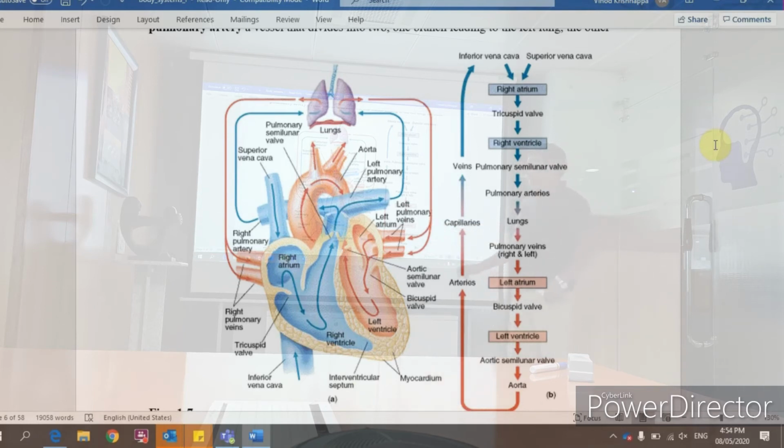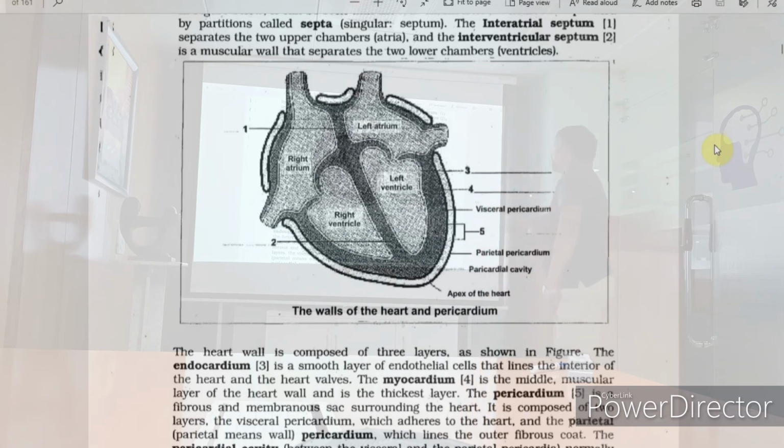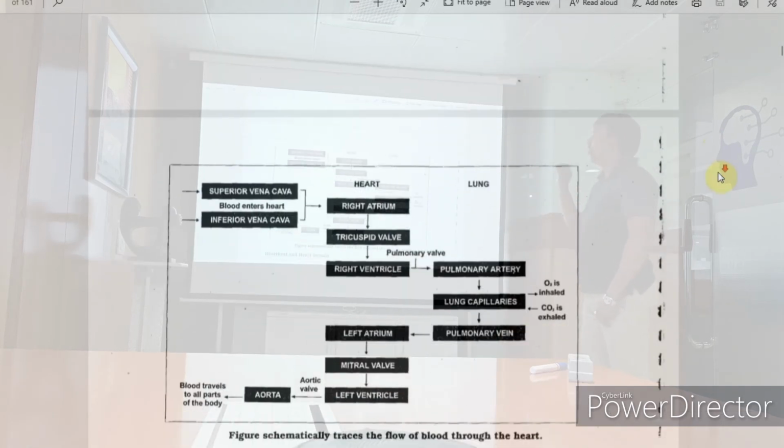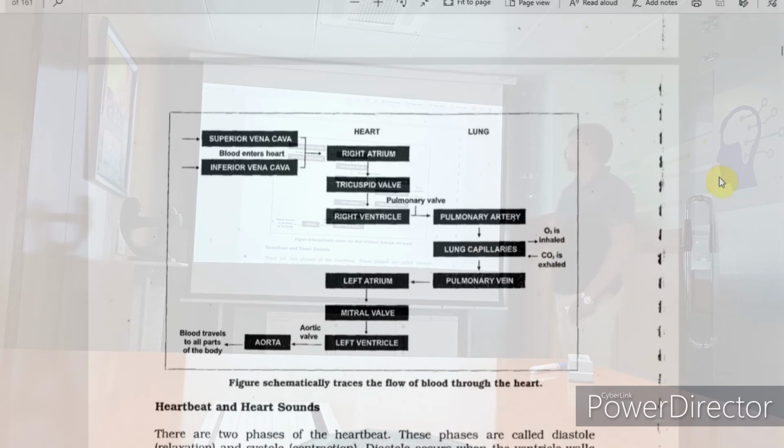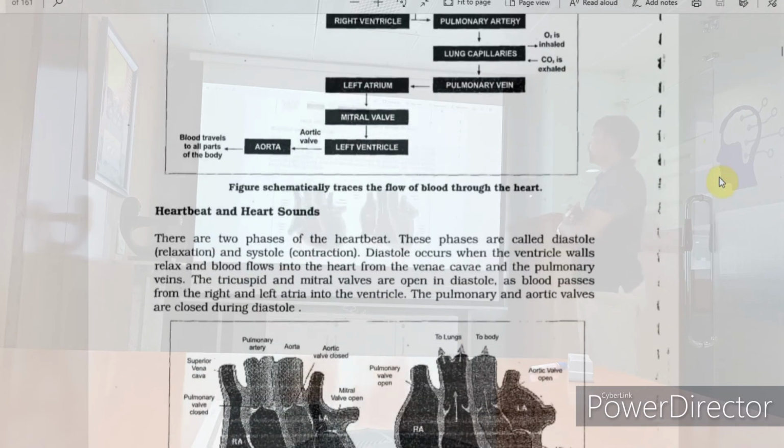Yeah, that's what I was searching. Right? Tricuspid, bicuspid, easy for you to remember. Left ventricle, aortic semilunar valve, aorta, aorta to arteries, capillaries, veins, inferior vena cava. Simple? In summary, for you all to remember. Now alt tab, go to the other sections, scroll down. Same thing, in this book you should write down all these. See, same thing which I have explained to you all, pulmonary vein, what all happened. You need to write this down.